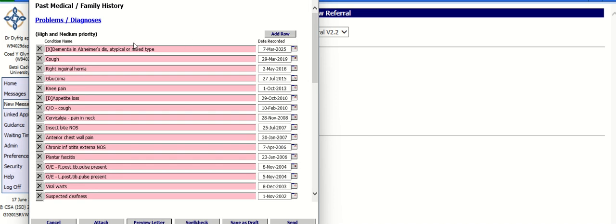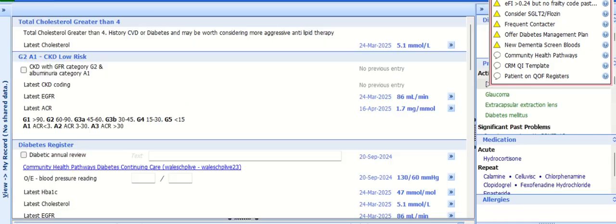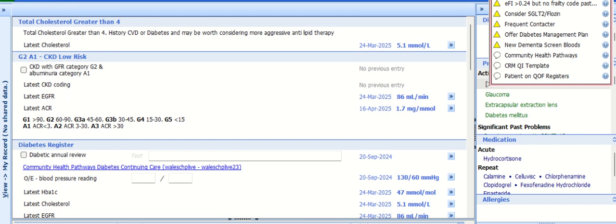And if you look at past medical history, this is recording high and medium priority problems. Now, we can adjust how that's done. So as part of the protocol templating prompts that we're giving people for QI, we can just say, okay, this person's got an EFI over 0.24, this one's 0.389, but no frailty code in their records. And what you do with any of these things, you double click on that and it'll open up the template. And this is the cardio-reno-metabolic template, so it's going to talk about the various issues this fellow's got.